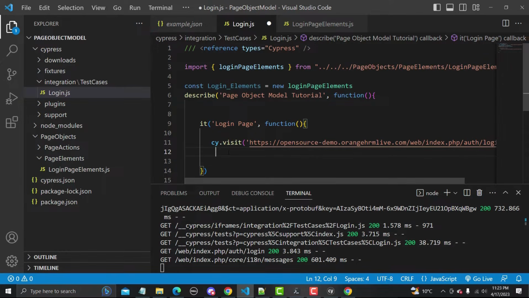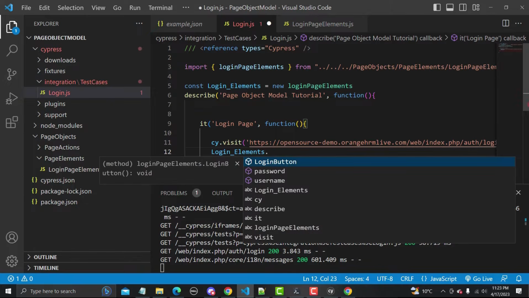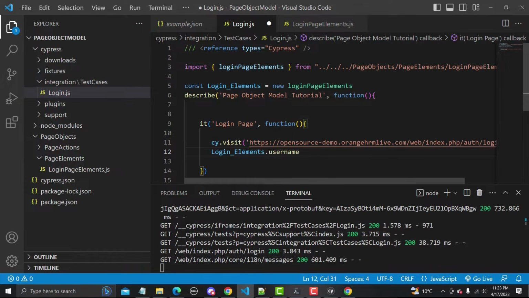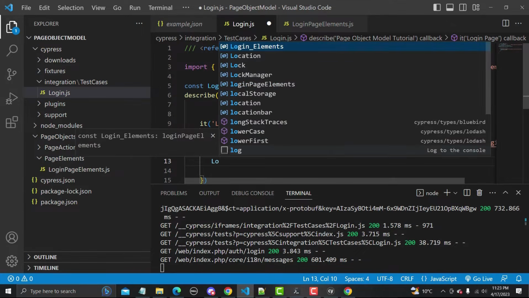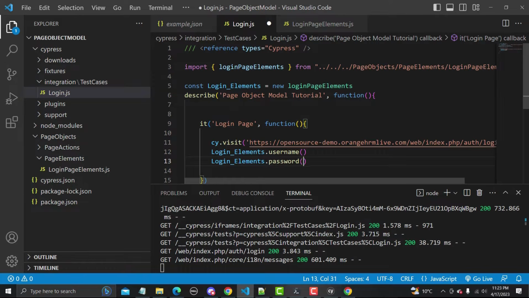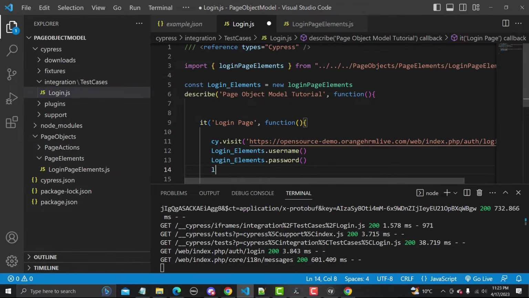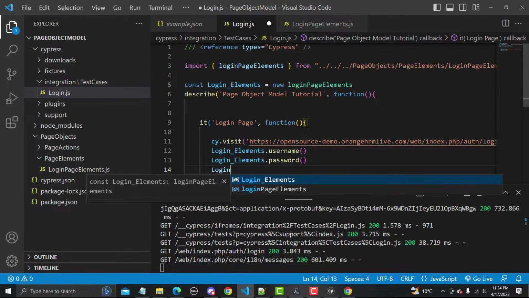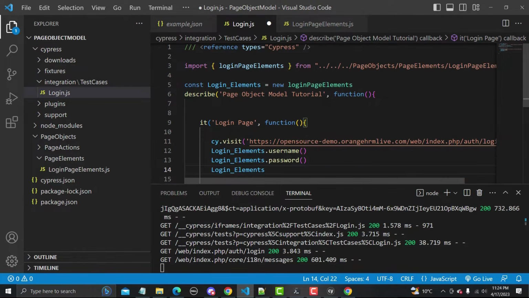This is the variable, and dot, we have a username. This is a method. Then similarly login elements dot, this is a method password, and the third one is login underscore elements dot login button.